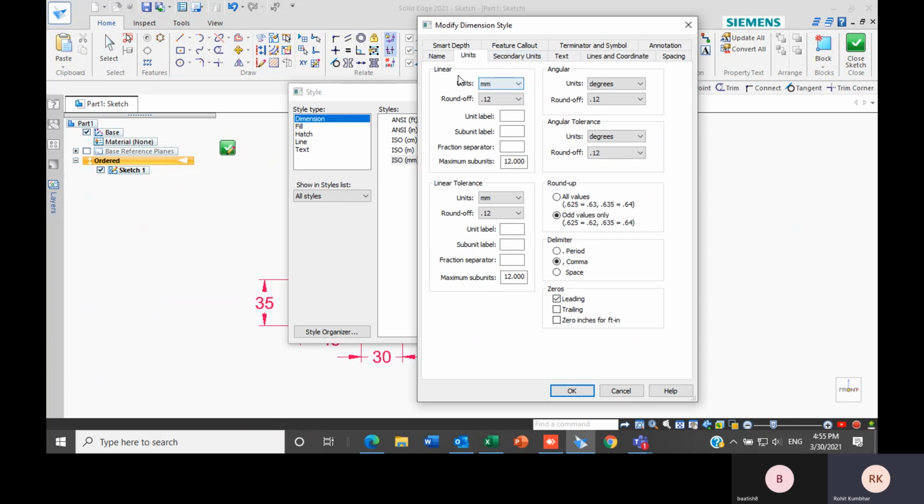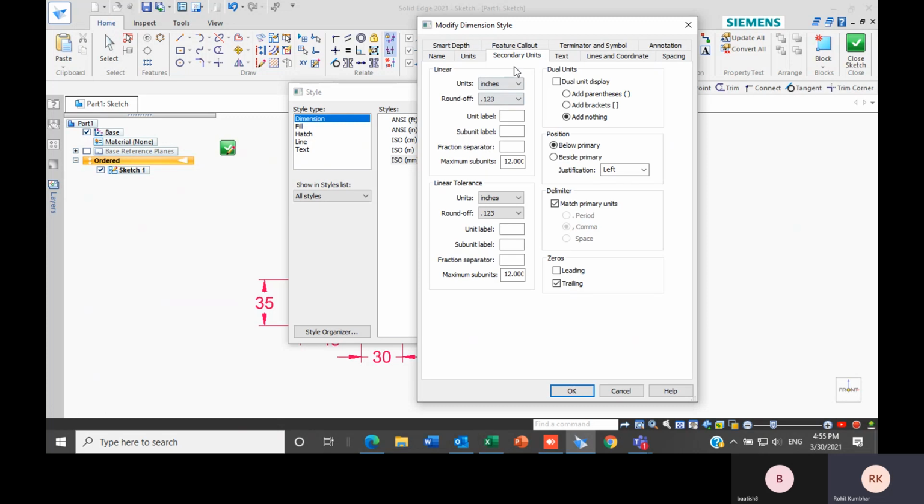Here you can change the units, the round off value, which was only 2 spaces. You can change it according to your choice. Angular degrees, you can change to degree, minute, second, radians also. Then as I was saying previously, the delimiter I can even change also.